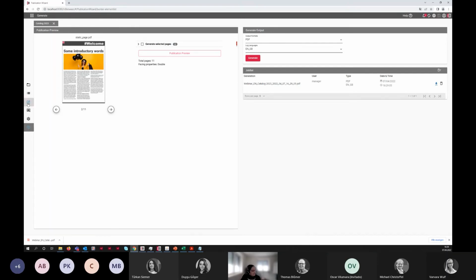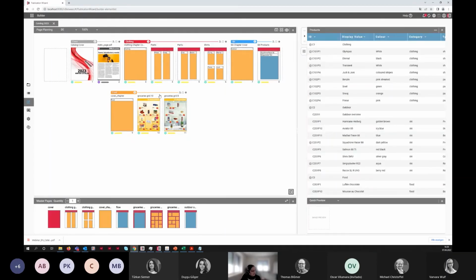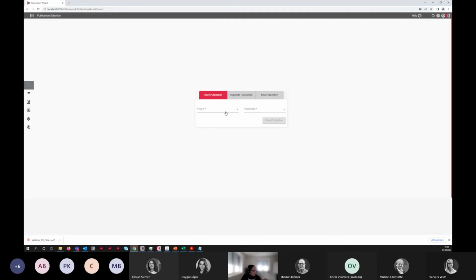But sometimes this is a bit, I guess especially for these pages, there's a lot going on. There are a lot of areas to fill. So putting everything there by hand, drag and drop each individual product, can take up a lot of time. So there are also ways how you can do this a bit faster or a bit more in the direction of automation. So I will show you now